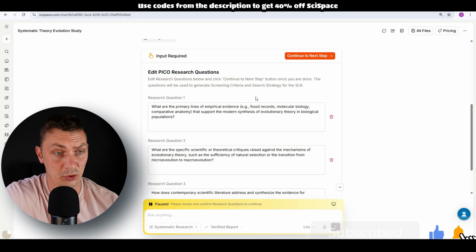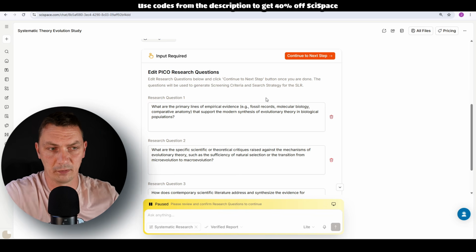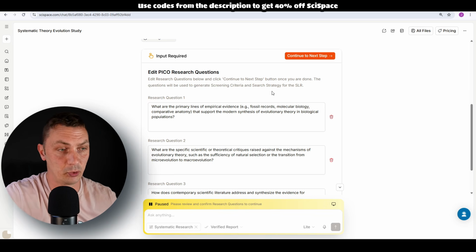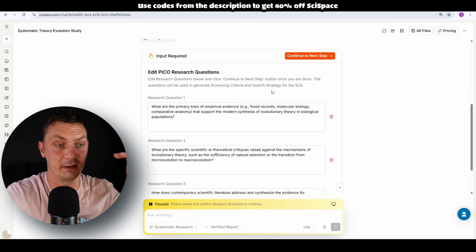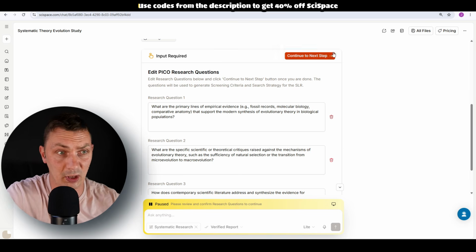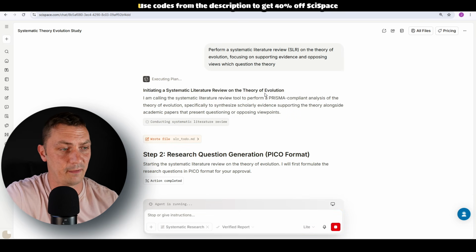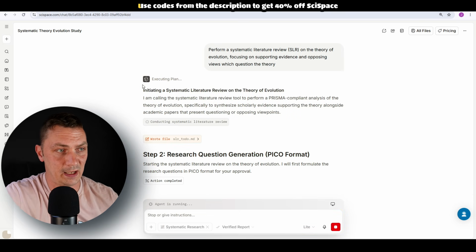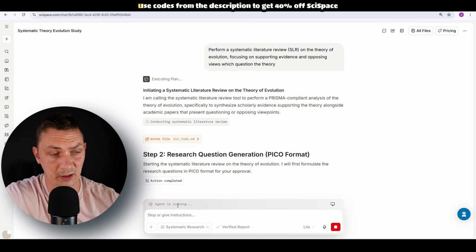But as you can see, you can have autonomy over the search. This is very important. This is extremely important. And as I said, you have autonomy and you have insight and access into the whole process. This is the key thing for me. It's not a black box which just spits out something and you have no idea where it comes from. In fact, you have access to everything as it is executing the plan.